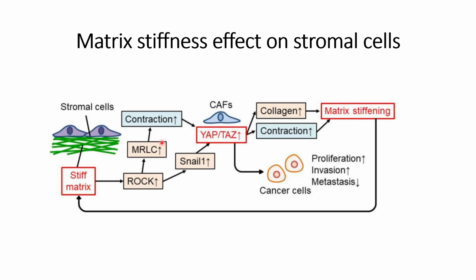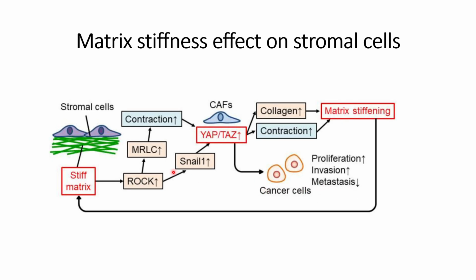And this further contributes towards the aggressiveness of the cancers, in a way that it will help the cancer cells. It will help the cancer cells towards proliferation and invasion. However, some studies show that it will downregulate metastasis, but in general, matrix stiffness will help the cancer cells in improving these metastatic